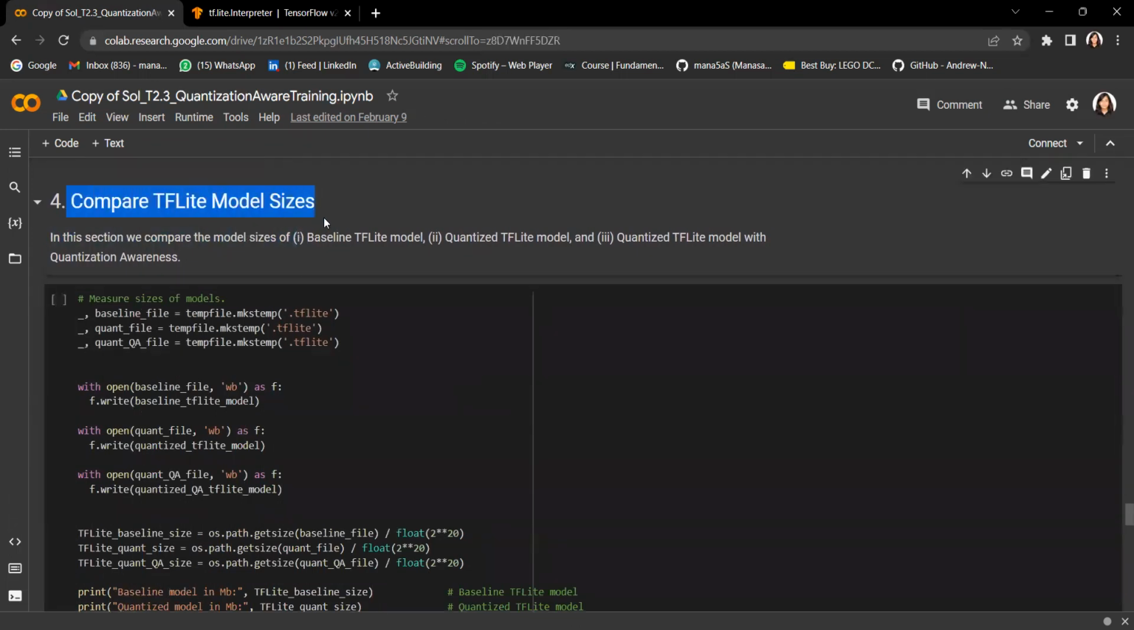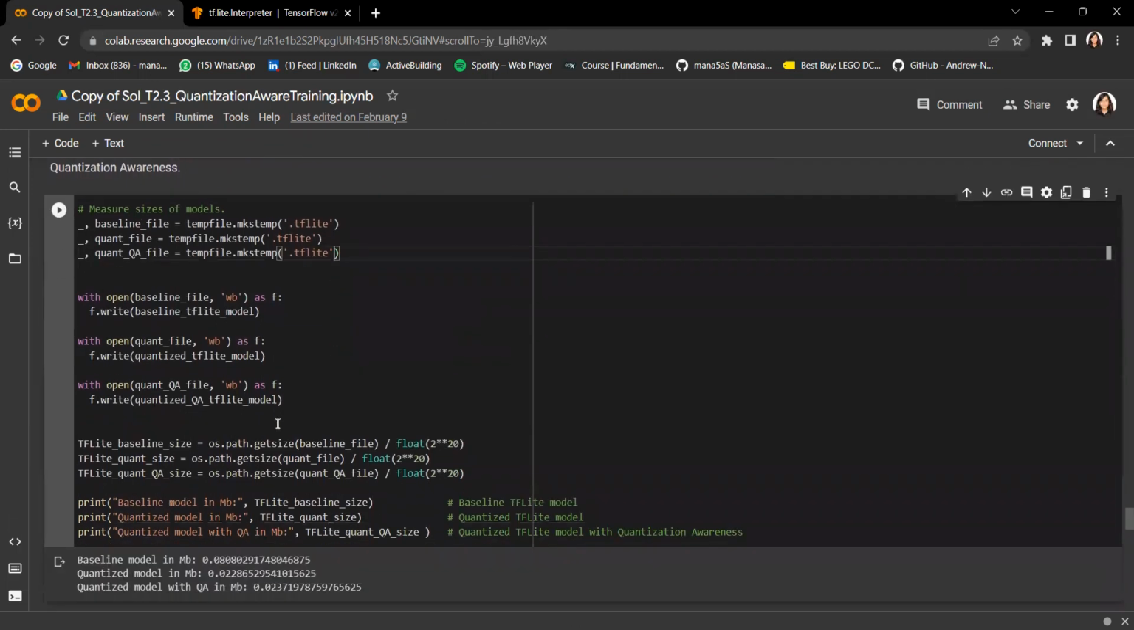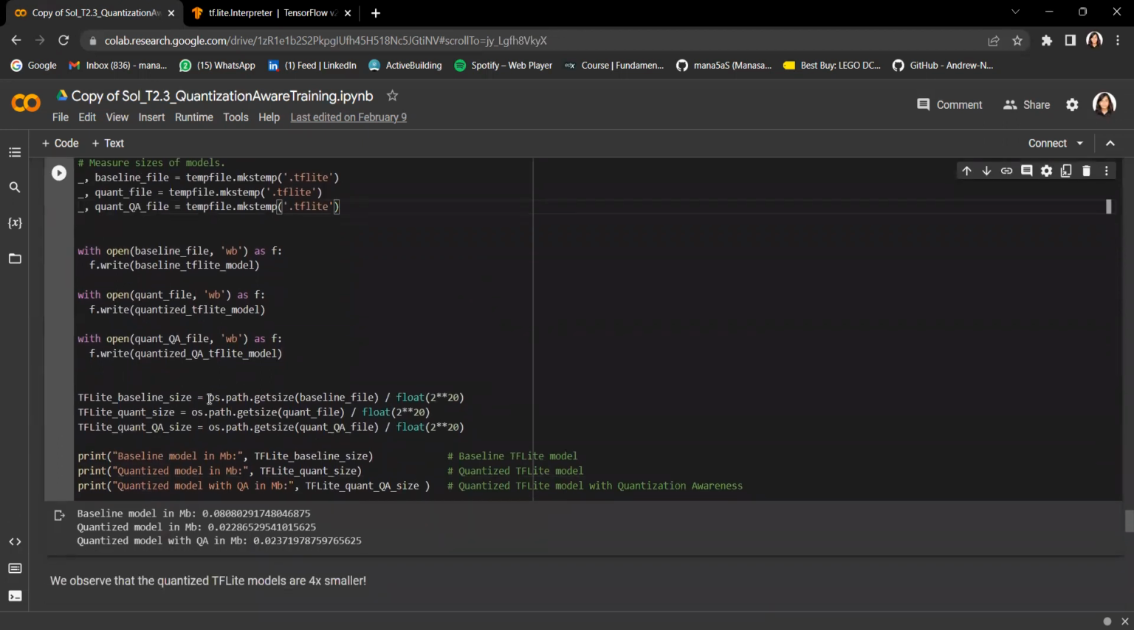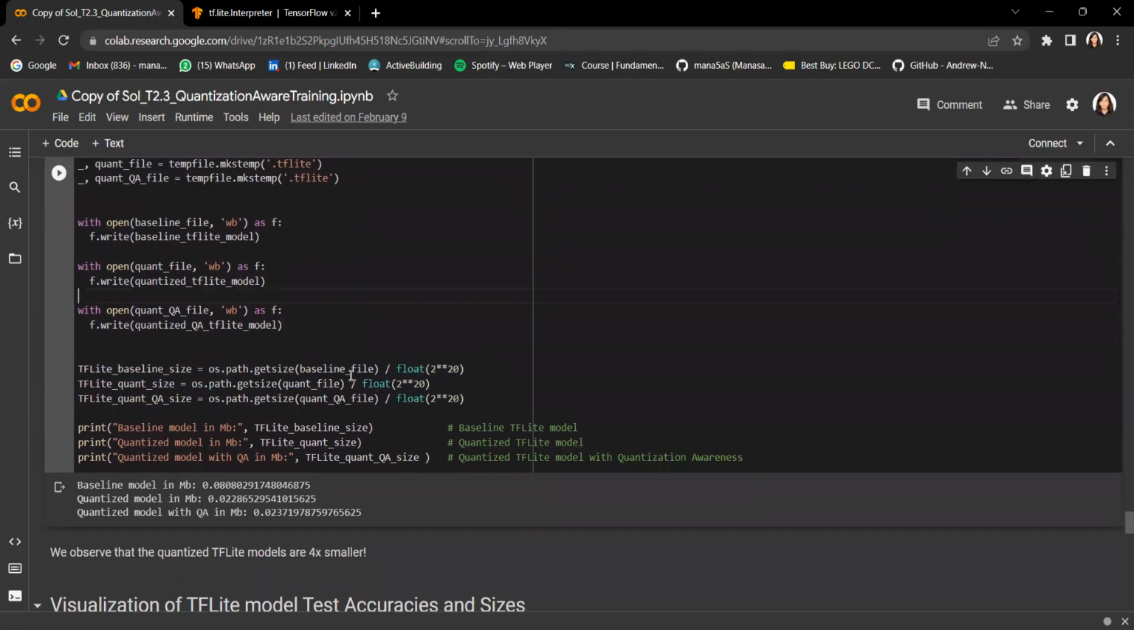Next, we compare the three models with respect to size. So we use the os.path.getsize function to get the corresponding sizes of our three models. When we print them, we see that our baseline model is around 0.08 MB. Our quantized model and our quantized model with QA are both around 4x smaller, with Model 3 actually slightly bigger